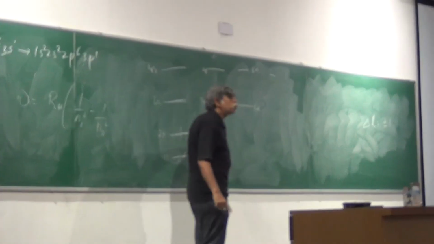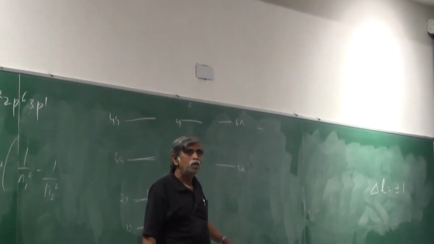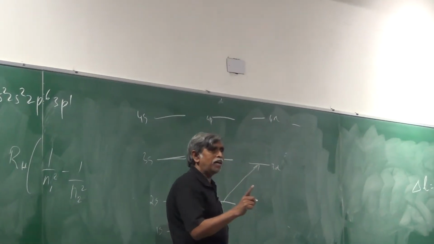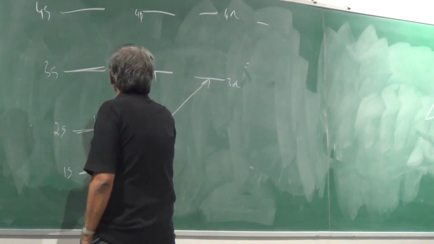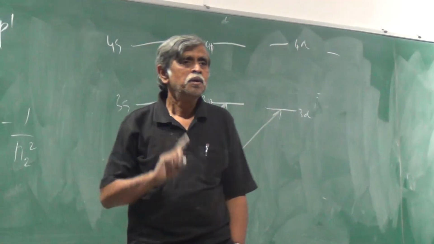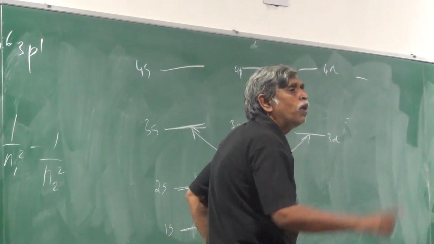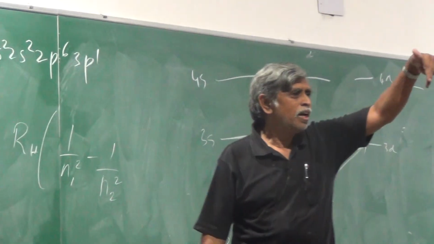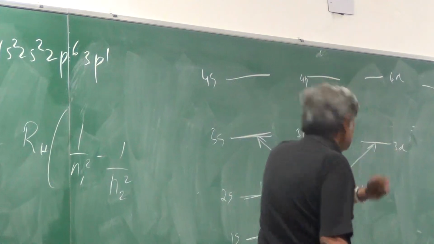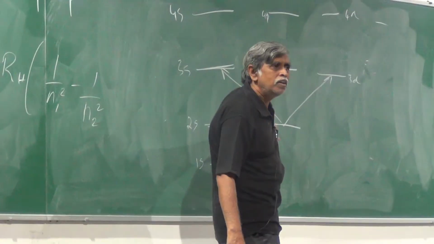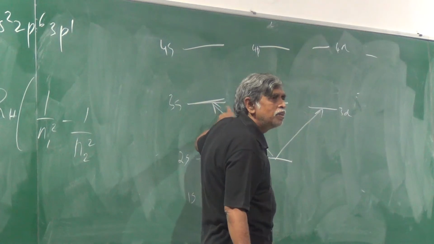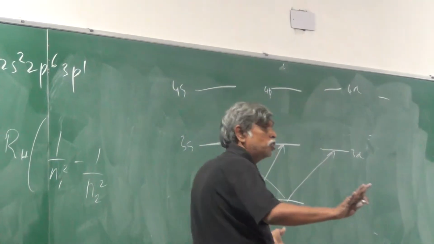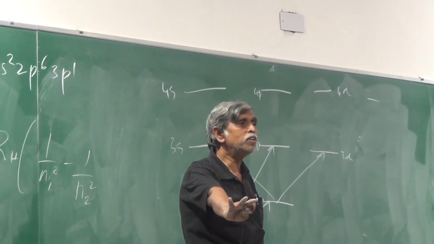However, if I start from a 2p level and I want to get out, where can I get out to? Well, I can do this, delta L plus 1, but I can do this too. So that would be a delta L minus 1. What I want you to do is the following. If you start from here to here, what's the nature of your spectrum going to be? A doublet, right? Because this will be doublet P 1/2 and 3/2, and this will be doublet S 1/2. Therefore, what is this transition going to look like? It will look like a doublet. I won't tell you what this is going to look like. You figure it out yourself and we will look at it on Monday.